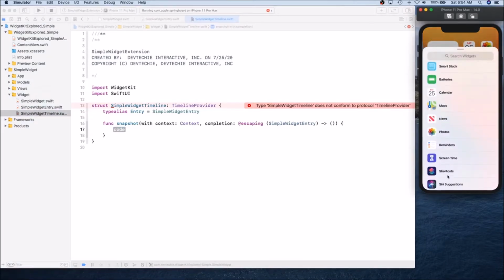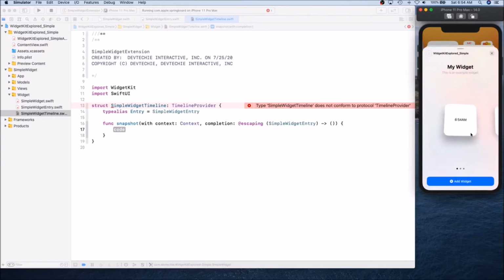When you open the widget gallery, you see these values, right? These are called snapshot. This data can be fetched from server. This can be real data, or you can actually create a fake entry like